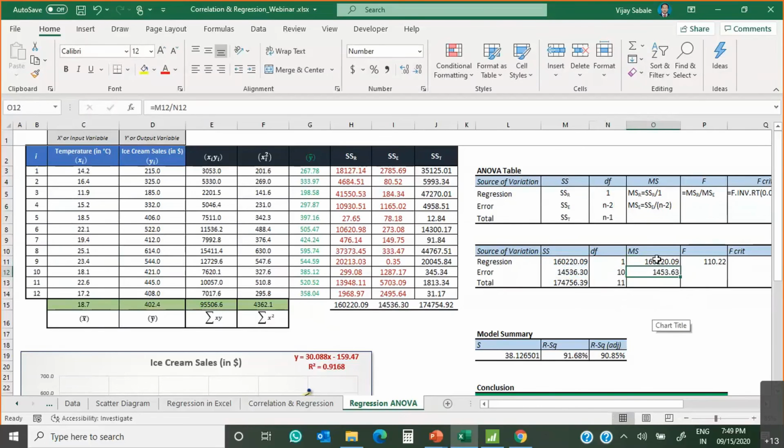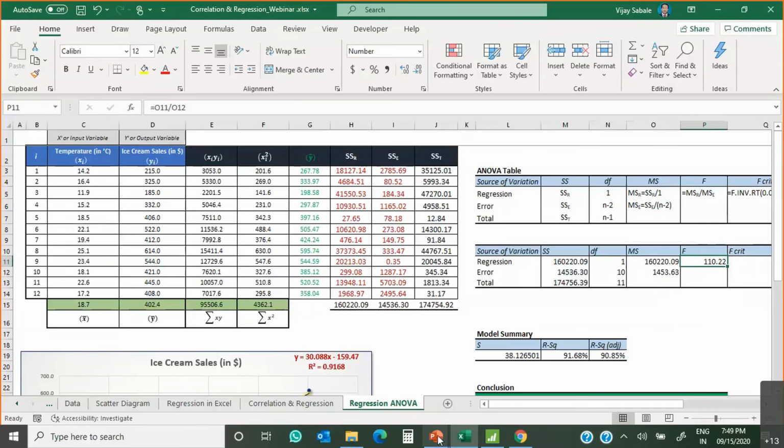And if you divide the mean of squares due to regression by the mean of squares due to error, we get the F value. Then we compare this F value with the critical value. If there is a significant difference, then we get the F significance value. That's the regression ANOVA table. ANOVA is a very detailed tool again, so I think we can discuss it sometime later.